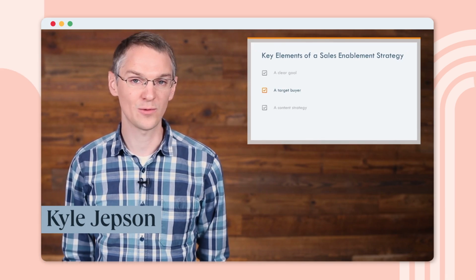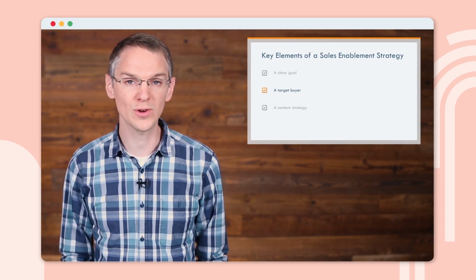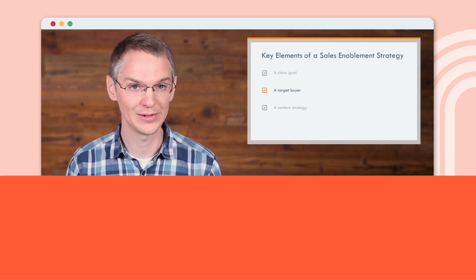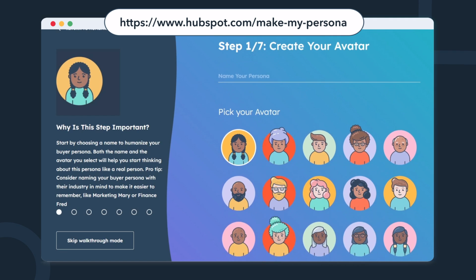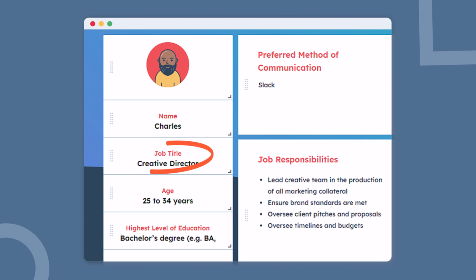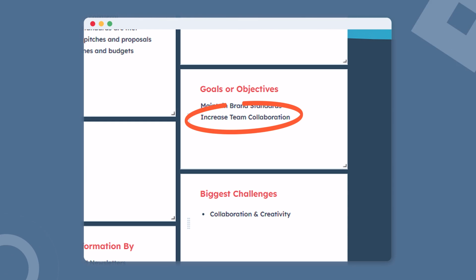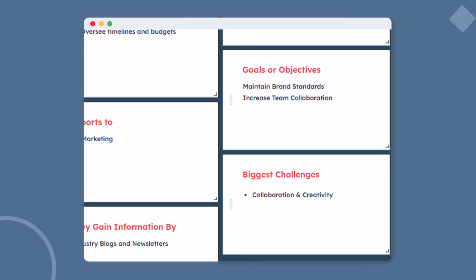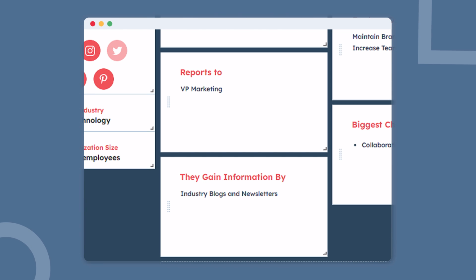One of the most effective ways to empower your sales team to sell efficiently at a higher velocity is to help them focus on the people who are most likely to buy from you. One example of an effective buyer persona: let's imagine that my company sells a great new collaboration tool for graphic design teams. So I created a buyer persona using HubSpot's free buyer persona generator. Charles, name, is a creative director, title, at a technology startup industry who is looking for software to improve team collaboration. Goals. The buyer persona also highlights how you can reach Charles, mainly through industry blogs and newsletters. This is essential for when you start developing your sales and marketing strategies.